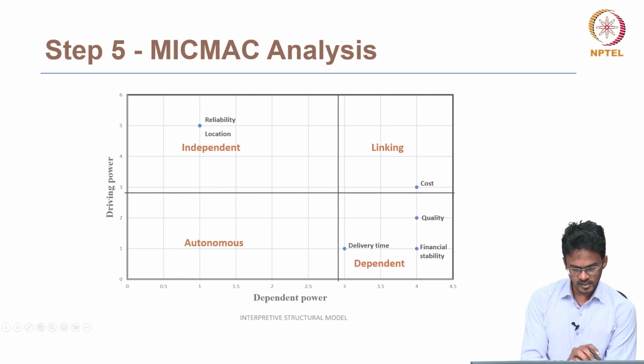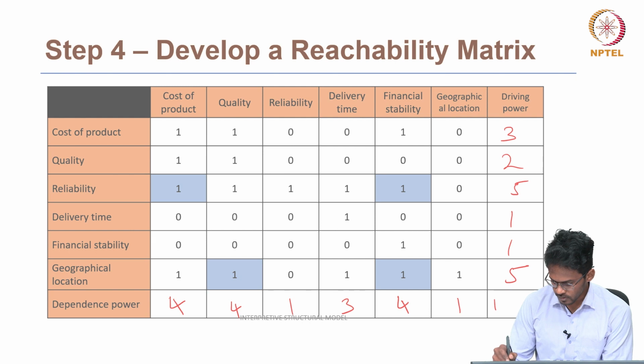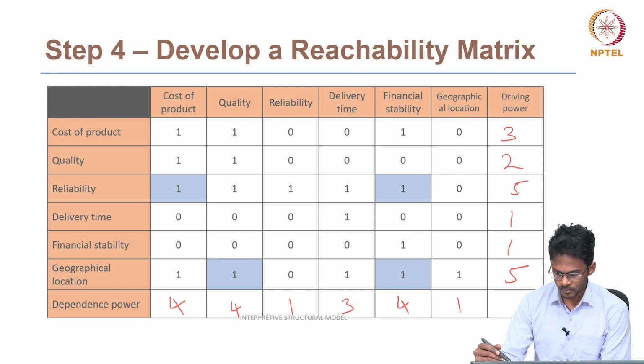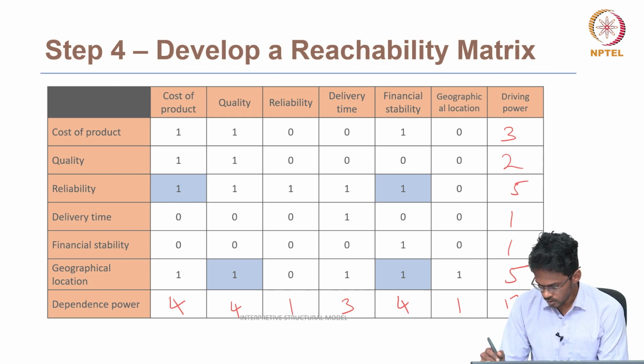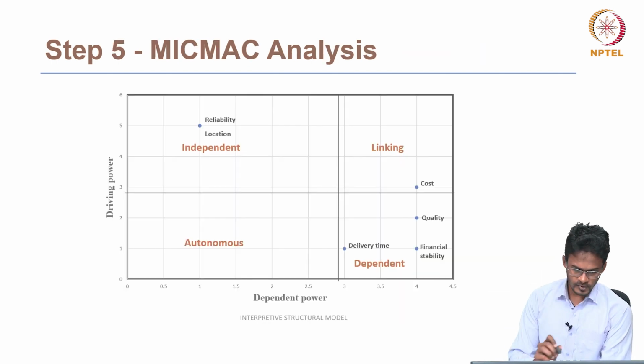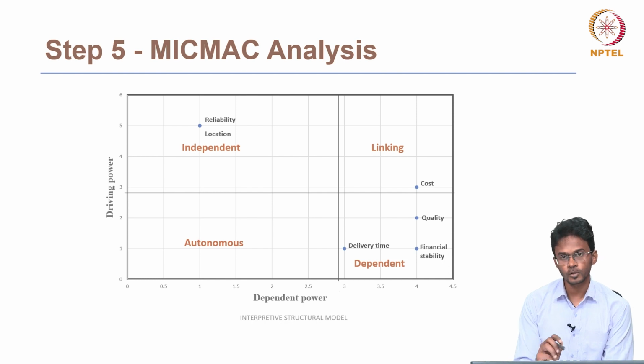And the same we have to repeat for driving power. So, for driving power, we will add all the driving powers, 5, 17. So, again 17, and we have to divide it by 6, which is around 2.3 or something around. So, we will draw a line there for driving. These two lines are drawn and they divide the rectangle into 4 parts, and based on this division